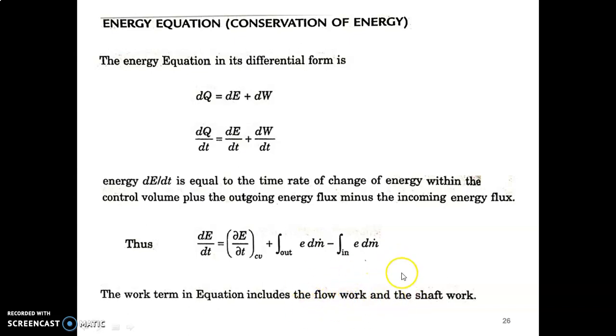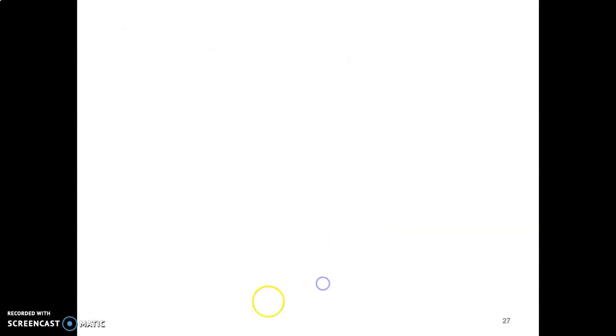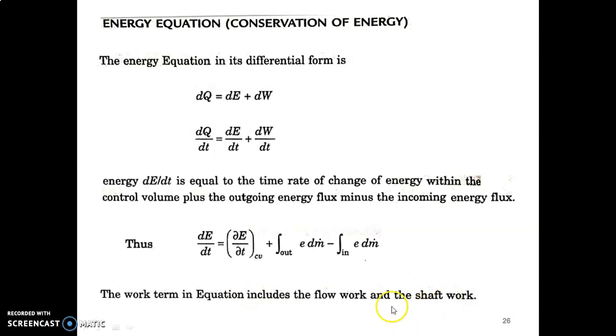In most compressible fluid flow problems, we are dealing with an open system. For example, if we take the case of a turbine or turbo compressors, in the case of a turbine we will get shaft work, which is the work done by the system. In the case of turbo compressors, it will be shaft work given to the system. So we need to consider the shaft work also when dealing with compressible fluid flow problems. In the energy equation, we already have the dW by dt term as per the first law of thermodynamics.